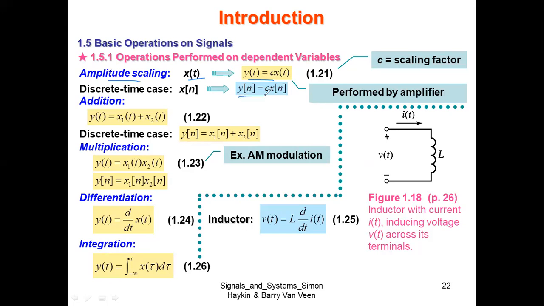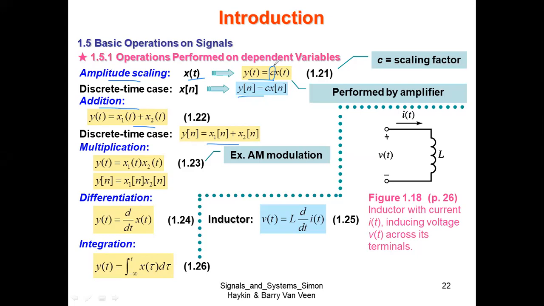Then signals can be added, it seems. Okay, fine, we agree. We added signals when we were trying to find the even and odd components. We added x of t plus x of minus t, and we also scaled. After adding x of t and x of minus t, we divided the amplitudes by 2. That was amplitude scaling. Any other example for amplitude scaling that comes to your mind?